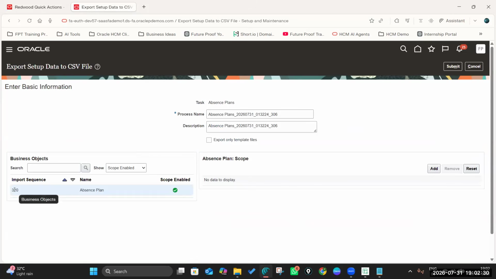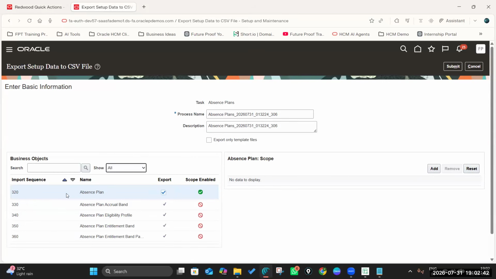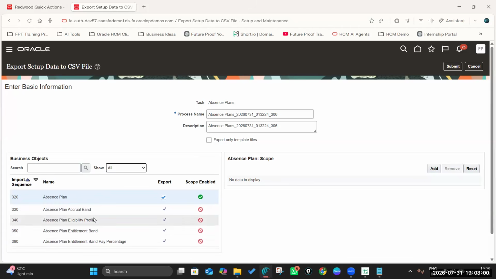So here, what is the scope? It will show the import sequence here. We need to know what the sequence is. If we go to all, first of all, we need to import absence plan. Then we need to import absence plan accrual band. Then absence plan eligibility profile. Then entitlement band. Then entitlement band pay percentage. If you want to import or export this one also, this is the sequence we need to follow